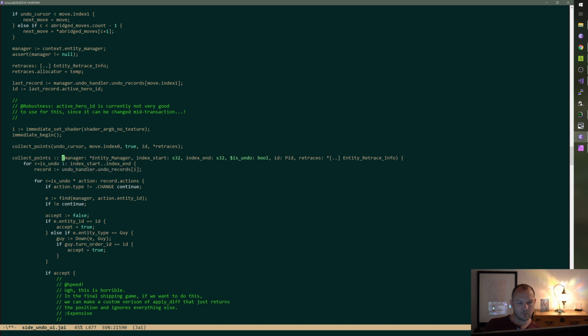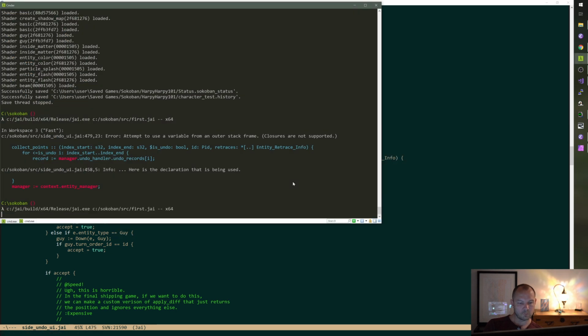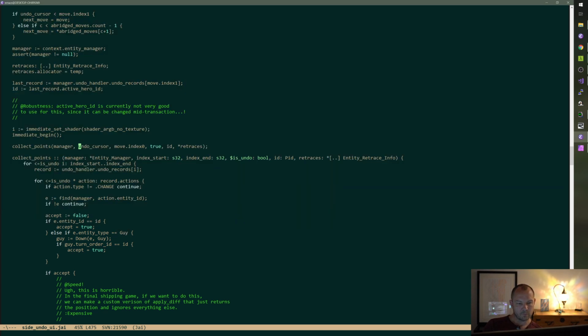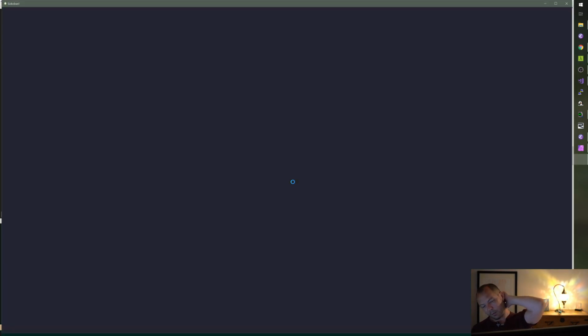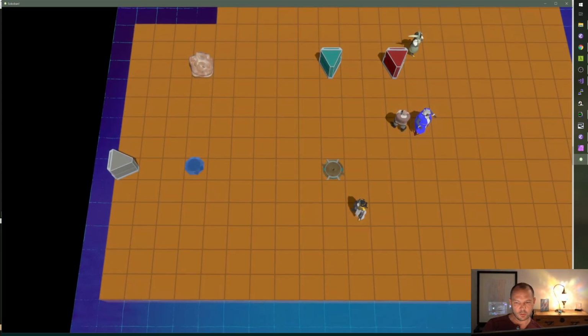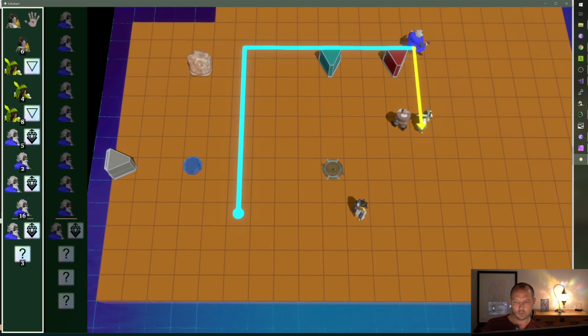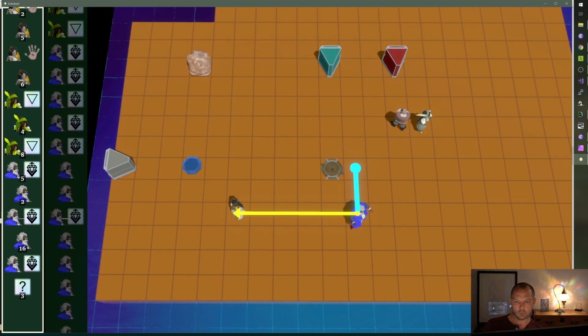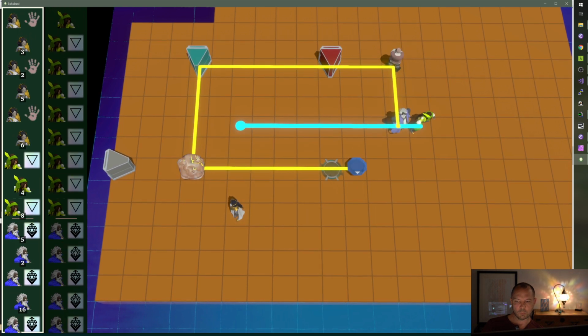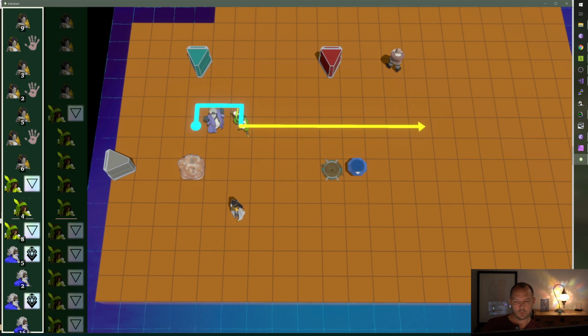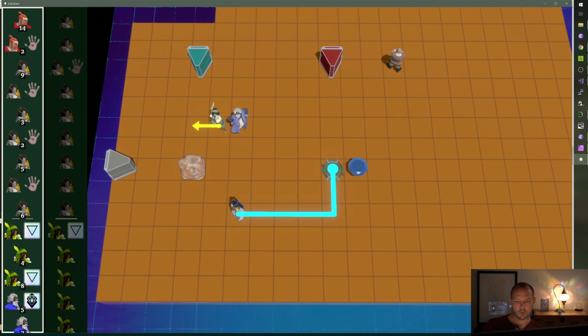Screw it, we'll pass it. Whoops, what? Why did I do that? All right, so let's hope I didn't break anything. And if I didn't break anything, we could see if I changed everything that needs to be changed. Backwards, backwards, forwards, backwards, forwards, backwards, forwards, backwards, backwards, backwards, backwards.